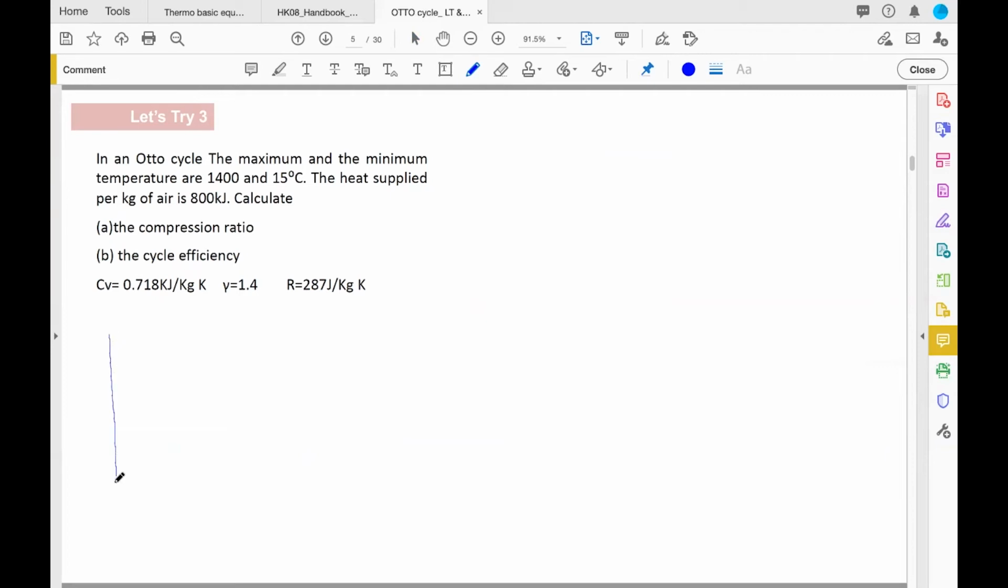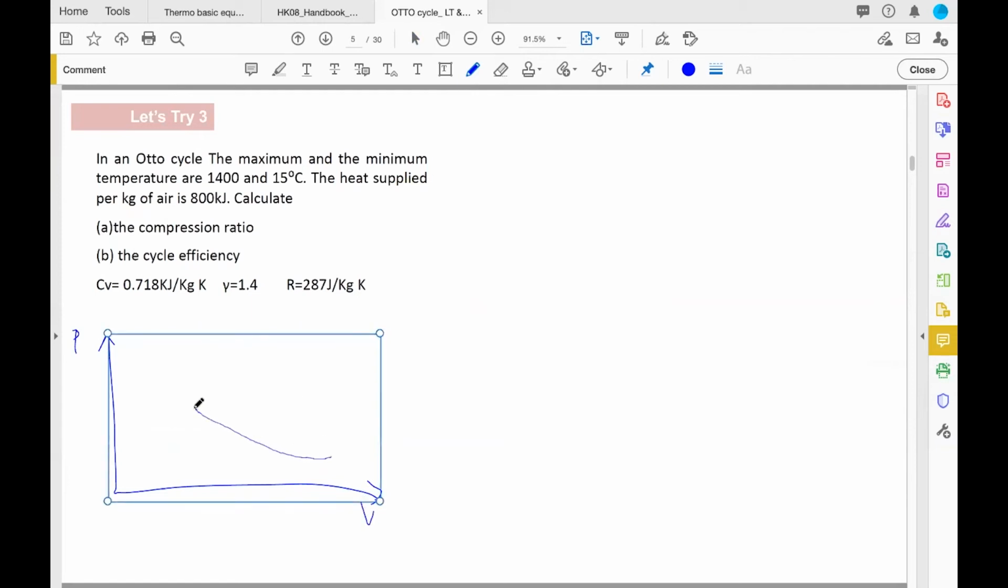and again we look at the diagram. Quickly draw the simple PV diagram for the Otto cycle. The more you practice, the easier it is for you to remember. So 1 to 2 is isentropic, then 2, 3, 4. And I know that this is Q in. It seems like if you draw the